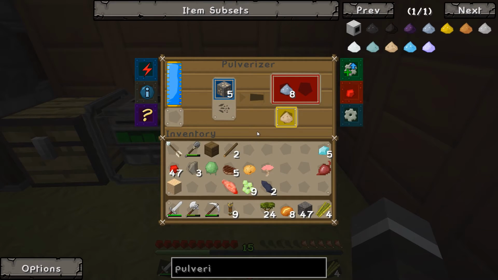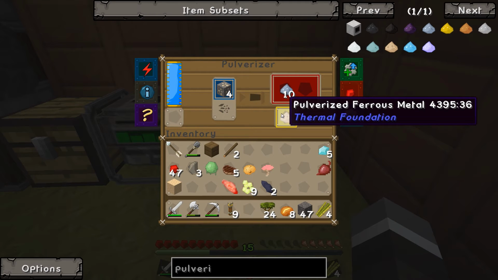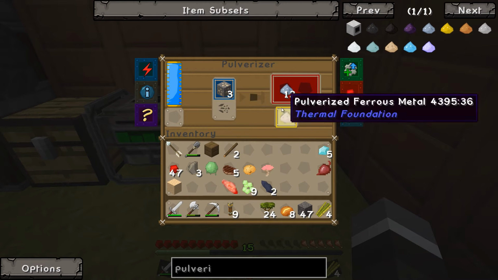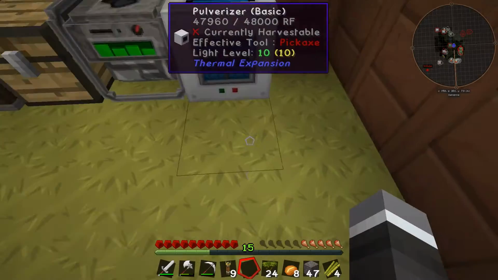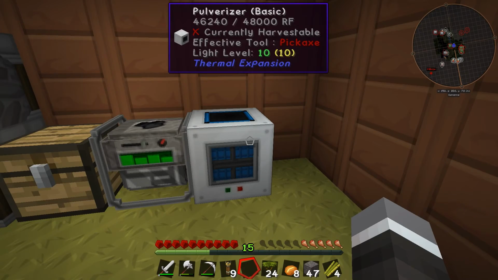That's why I had it running in the meantime. It's given us some bonus ferrous, which is great. I think gold gives you shiny, which we need for tesseracts and things in the future. But look how fast that is doubling our materials. That is freaking awesome. Okay, next thing we're going to want to make is a smelter, but what I'll do